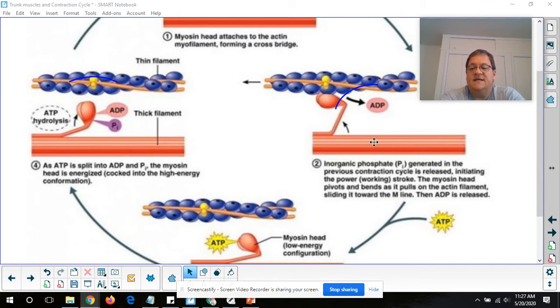So when that is released, that myosin head power strokes and it pulls the actin. I have a great illustration for this that I'm saving for the end. But basically, it's like you grab a rope, you pull the rope, you grab farther down the rope, you pull again. And as that happens, the myosin is pulling, the actin is contracting, the Z discs are getting closer together, all the way down the chain of sarcomeres, and the entire muscle shortens